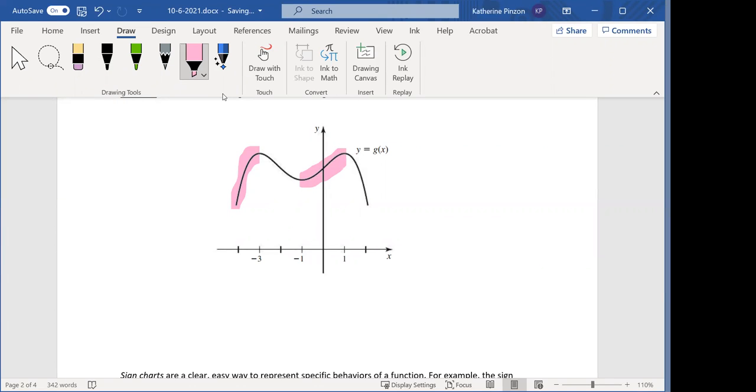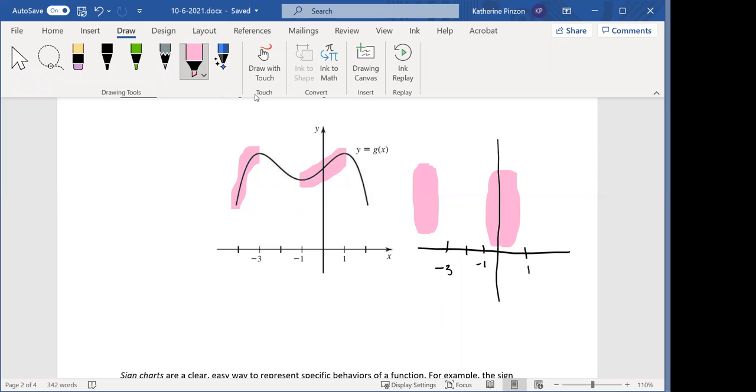So when I'm drawing the derivative, this is -3, -2, -1, 1. The derivative should be here and here, above the x-axis. Yes? When the function is increasing before -3 and between -1 and 1, the derivative should be a positive number,